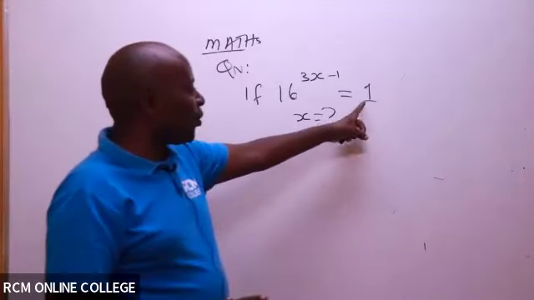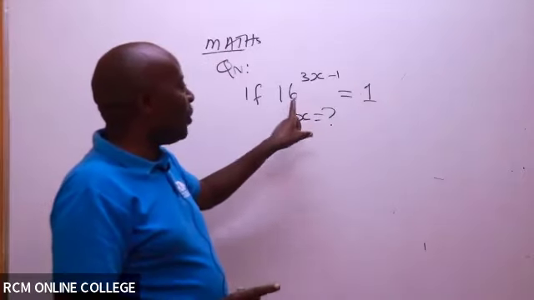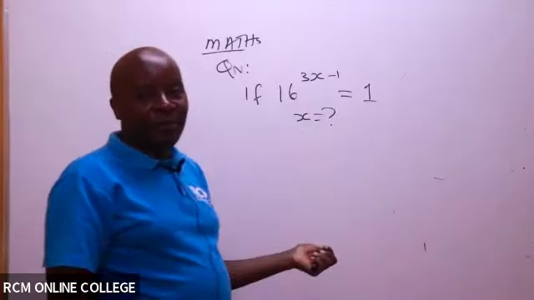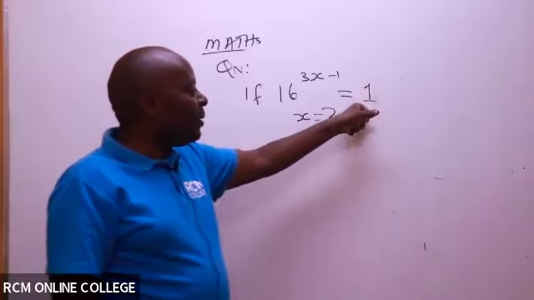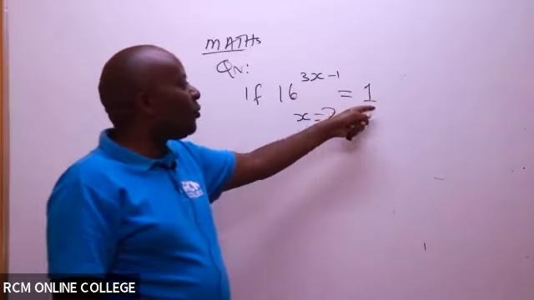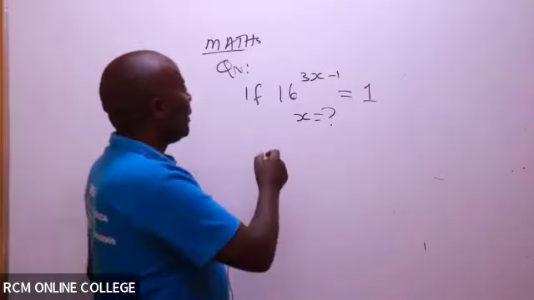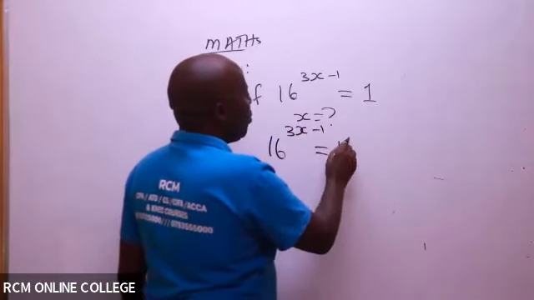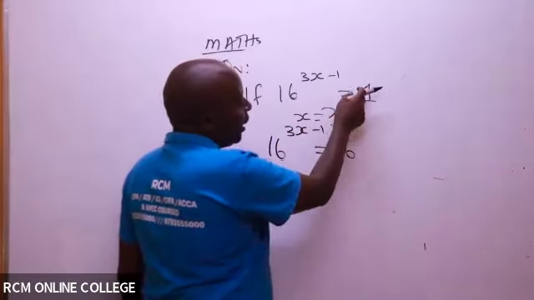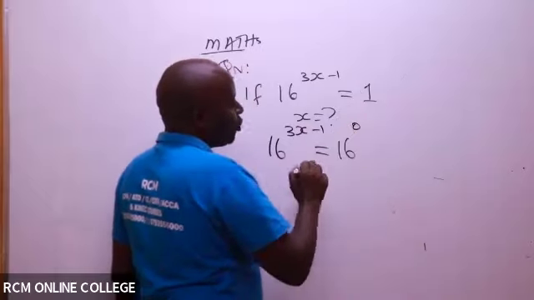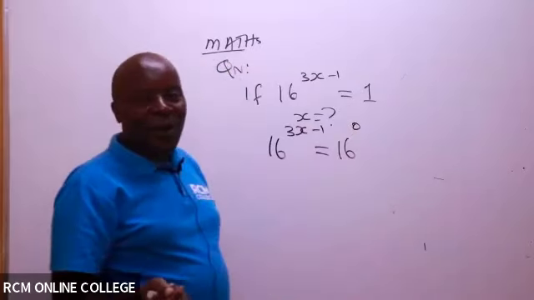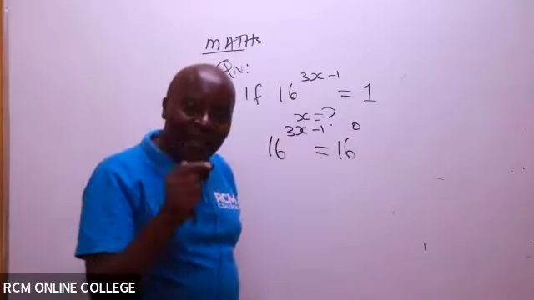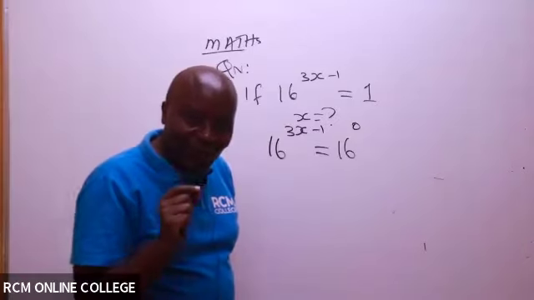Any number raised to 0. So what I would want to do is to make the bases the same. So how do I bring this base to be the same with this? So I have to introduce 16 here. So then these will be 16 raised to 3x minus 1 equals 16. But because I want it to be 1, I will say it is equal to 16 raised to power what here? Power 0. Because any number raised to power 0,